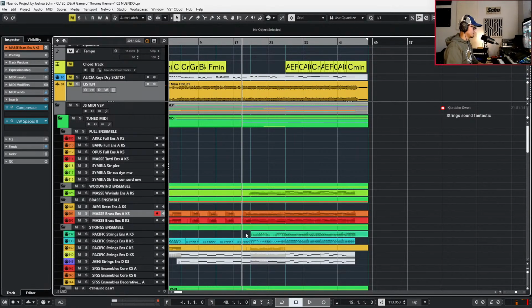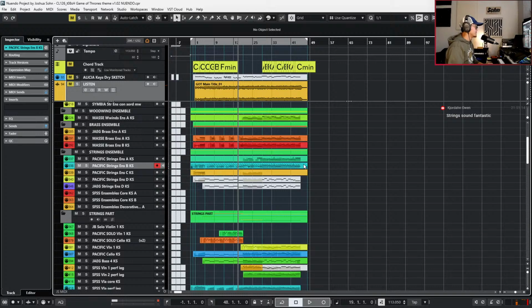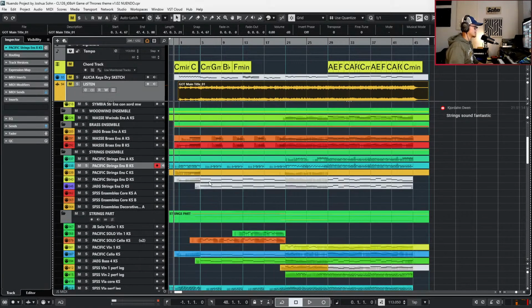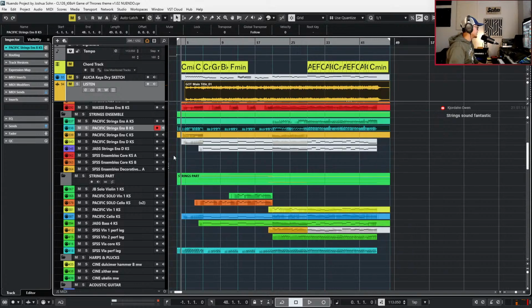There's one more little instrument I want to add, and I might be missing this throughout. So I'm gonna just listen here in different sections of the original recording. There's a lot of cool stuff happening here. I think I'm missing dulcimer just throughout, and it's really doubling what the string ostinato is doing. Thank you, Kyodan, by the way. Appreciate that. So what I'm gonna do is anytime we have this,